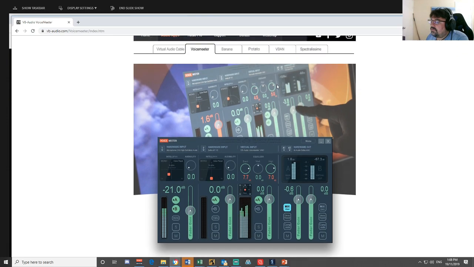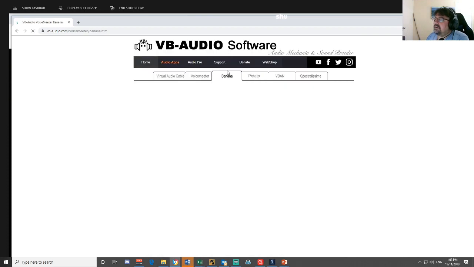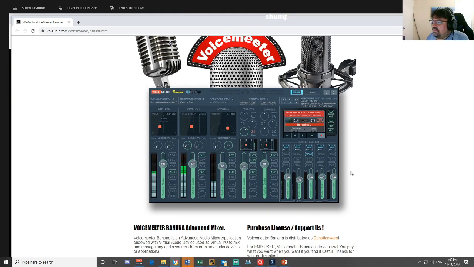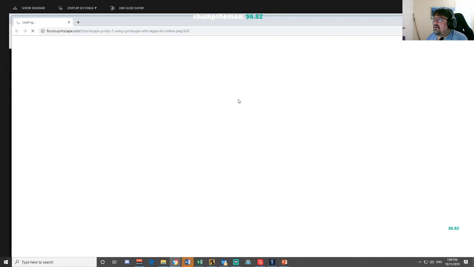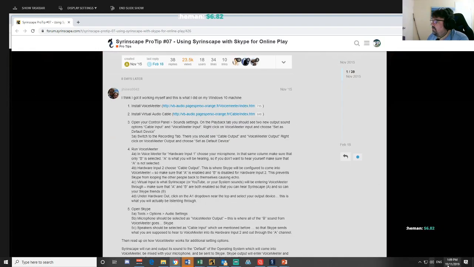Now there's two types of Voicemeeter. It does work with either, but I use Voicemeeter Banana. This was recommended to me. It's slightly more complex and allows you to do more variety of things with your sound. But if you follow this video, download and install Voicemeeter Banana. Once you've got Voicemeeter Banana installed and your audio cable installed, then you can open up your control panel and